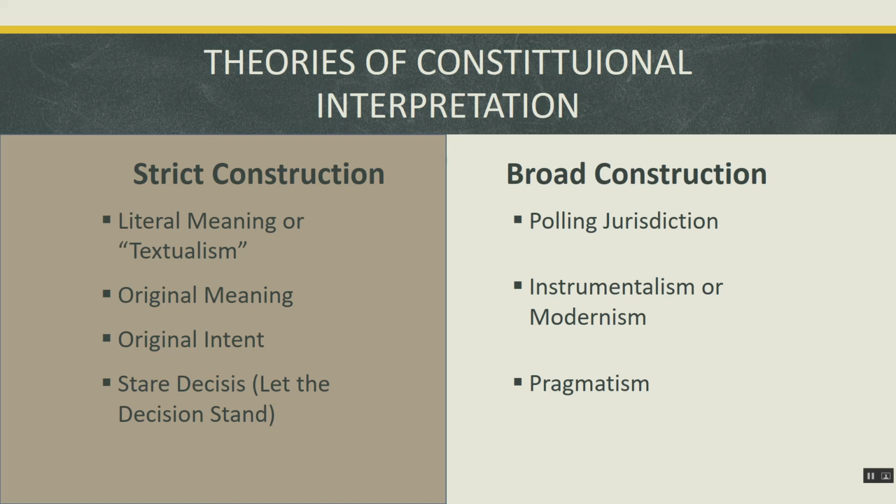Textualism is one strict interpretation approach to the Constitution. It tells us that in interpreting the Constitution, judges and justices should focus on the literal meaning of the words in the Constitution based on the laws of English language and grammar today. So if I need to determine whether there is a right to keep and bear arms, I will look at the Second Amendment and read it, and I will look at the commas and the periods and the punctuation and the spelling in the Second Amendment, and I will say, hey, based on the laws of the English language and the punctuation of this clause, yes, there is, or no, there is not a right to keep and